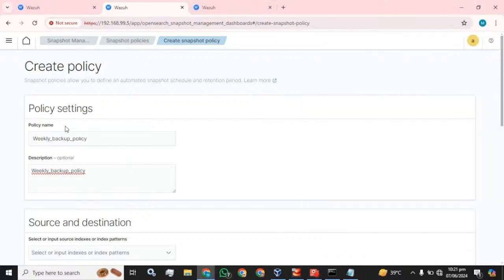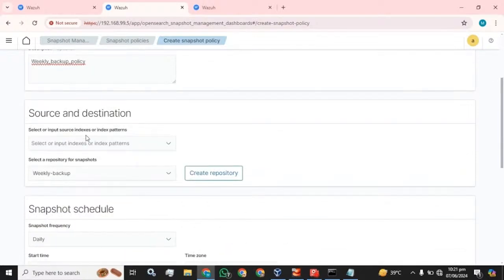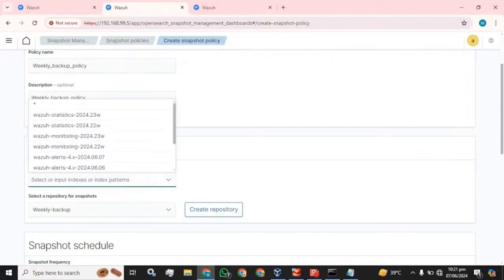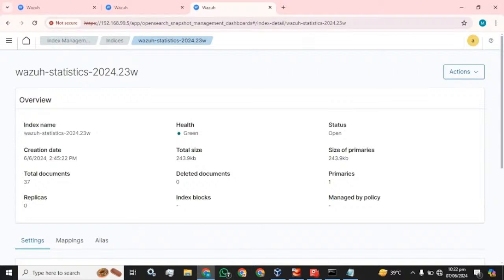So we are going to name our policy. I have named it weekly backup policy and added some description, or you can say the messages you want to add, and click on this drop down to select whether you want to add all. If you add static, that will take backup of all the indices available. Otherwise you can just copy the name from here, like I am going to show you,